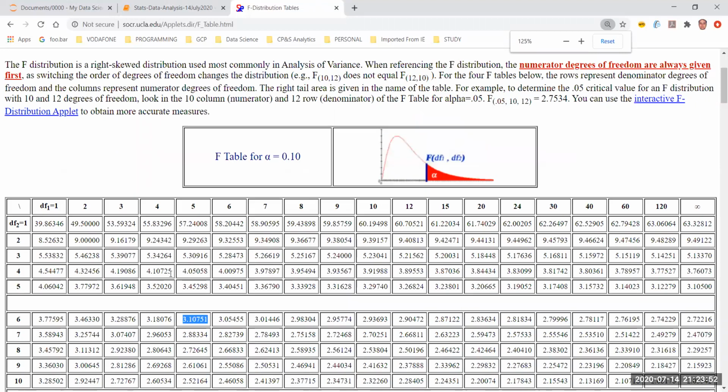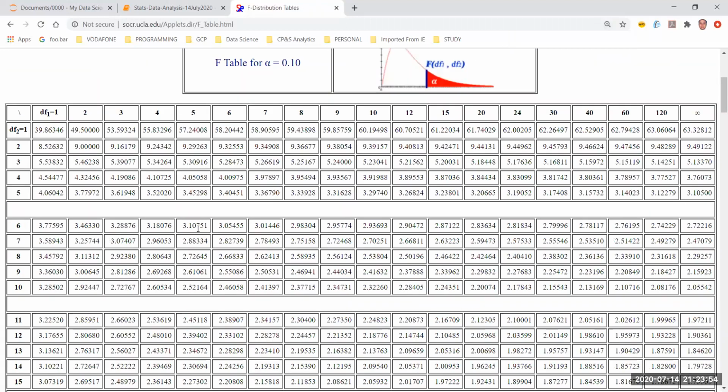I hope you can see this table, right? So I'm just taking an intersection of DF1, which is actually the degree of freedom of groups, and DF2, which is the degree of freedom of errors. So that was the formula for f. If you remember, in the numerator we have SSG divided by DFG, in the denominator we have SSE divided by DFE, and then we find this value over here and compare the f value.